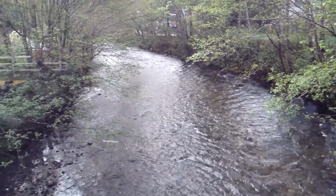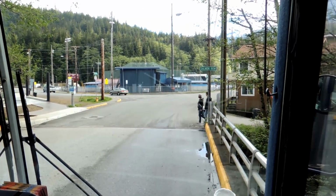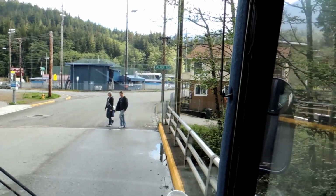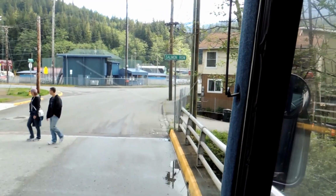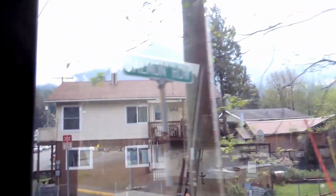Now it's kind of moved up more to the Petersburg area, but due to the fact that the actual traps were so successful, we had 12 canneries in Ketchikan. The mama itself, to come up into this area, will actually be sampling